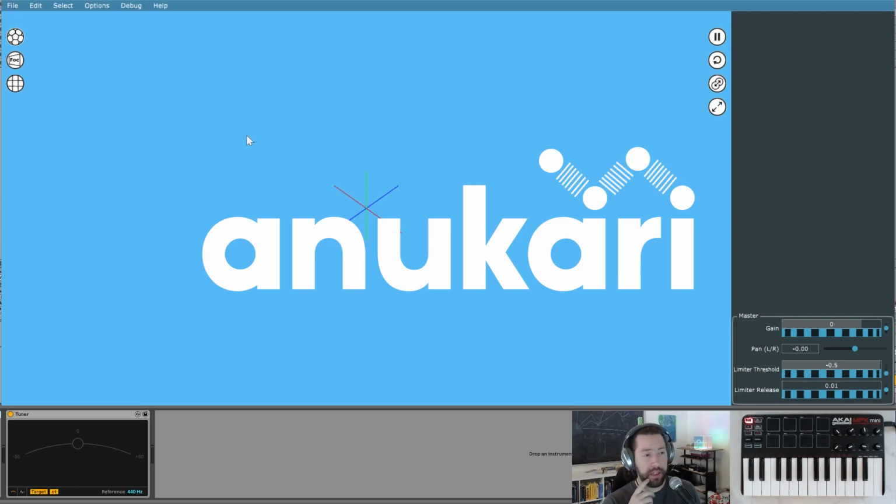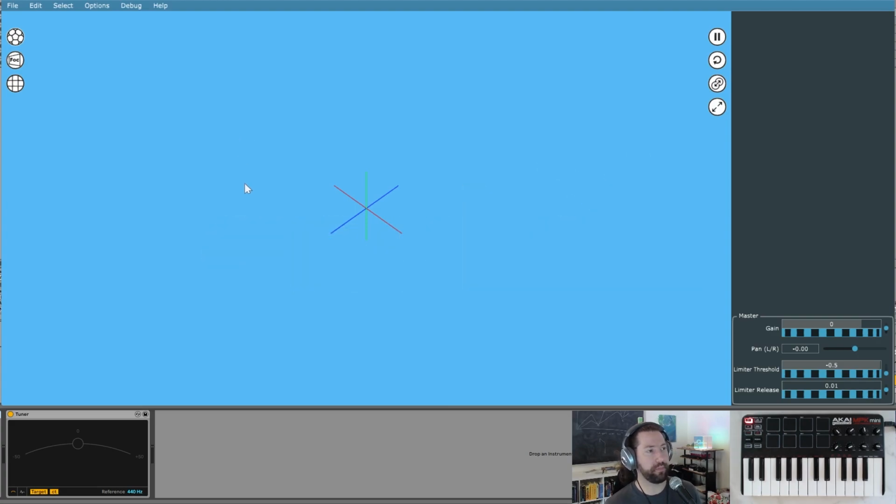So you'll notice I'm in Ableton here, and that's because I'm taking advantage of Ableton's built-in tuner. Anakari will eventually have its own built-in tuner, but that's not implemented yet, so I'm going to use the one from Ableton. Okay, so I'm changing to the camera mode that's orthogonal on the y-axis, and that's just so I